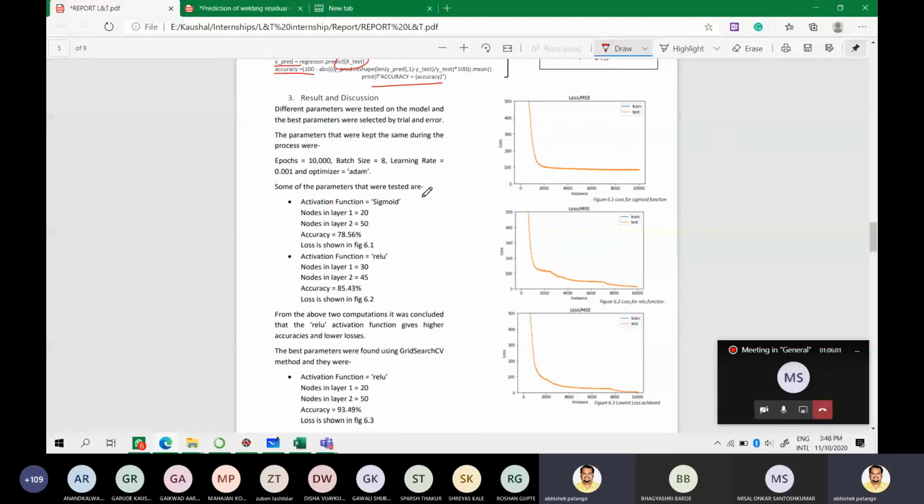These are the different activation functions, sigmoid, ReLU, and the number of nodes. So the main thing that you can tweak apart from the weights and the biases are the number of nodes and number of layers. And there are two schools of thought there. One is to increase the number of nodes, but keep the system shallow. Keeping it shallow means keeping a low number of layers. The other thing you can do is increase the number of layers and reduce the number of nodes. That is another school of thought. That is making the system deeper.